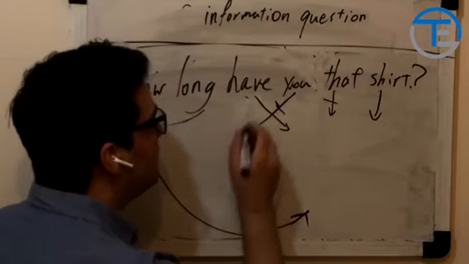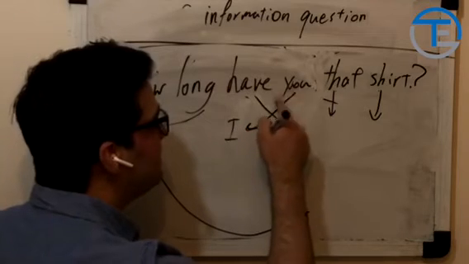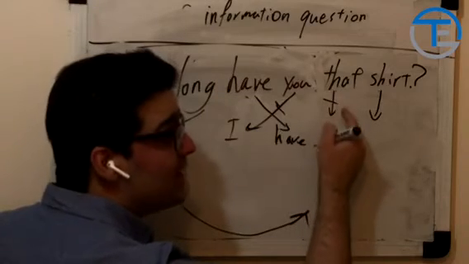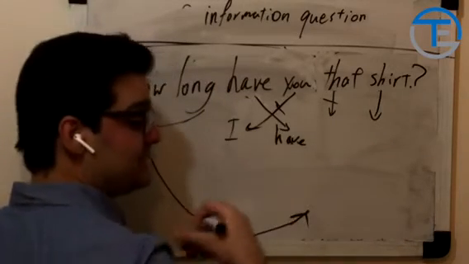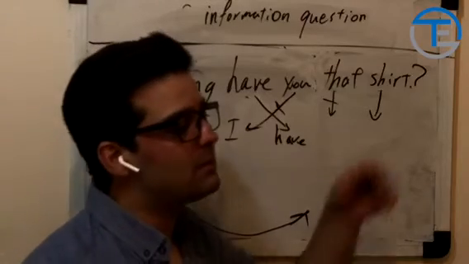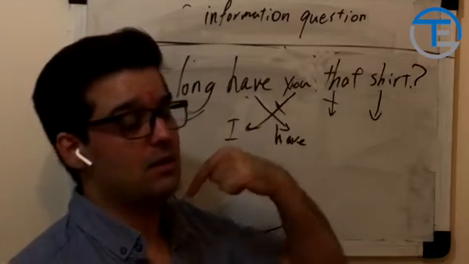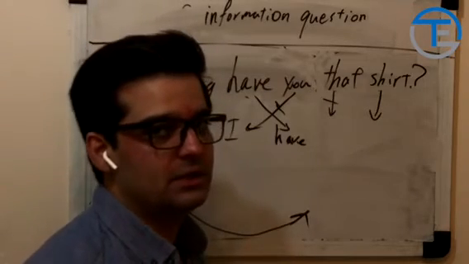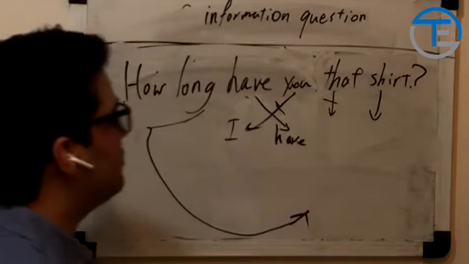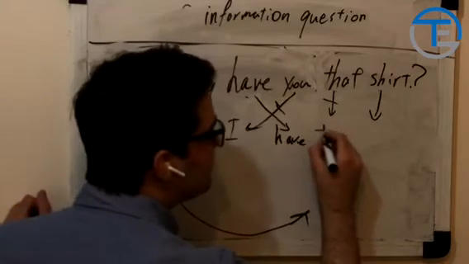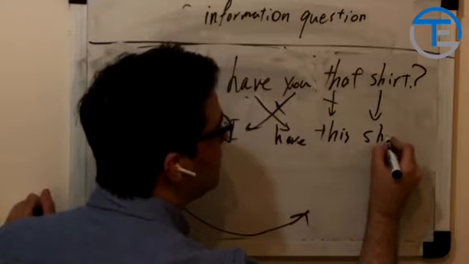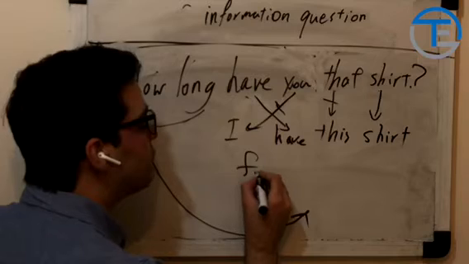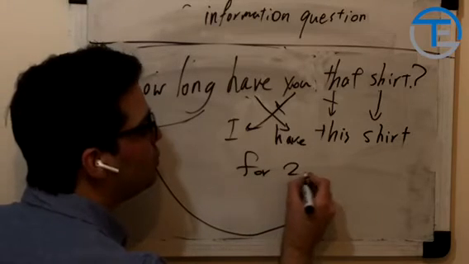How long? We can answer I instead of you, have. Instead of that, the opposite of that, this coat. For example, someone asks me, okay, I have to say this coat. If I'm wearing a shirt, so we can use it like this: this shirt. Now you can answer. You can use for 2 years,